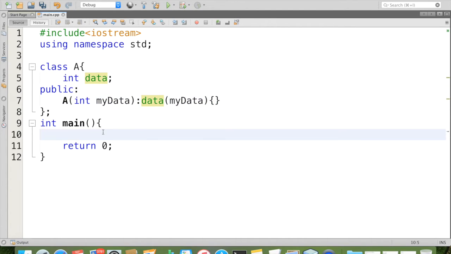Now I am going to create two objects, OB1 and OB2, where OB1 has the initial value 5 and OB2 has the data value 10.